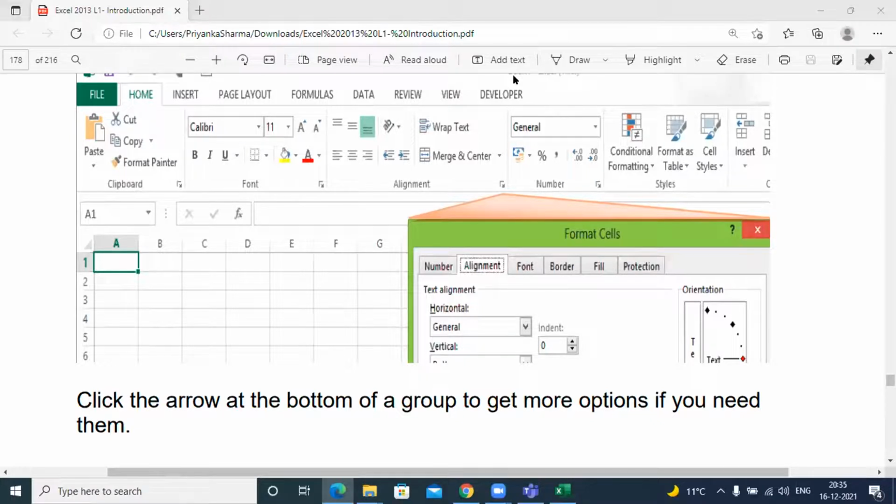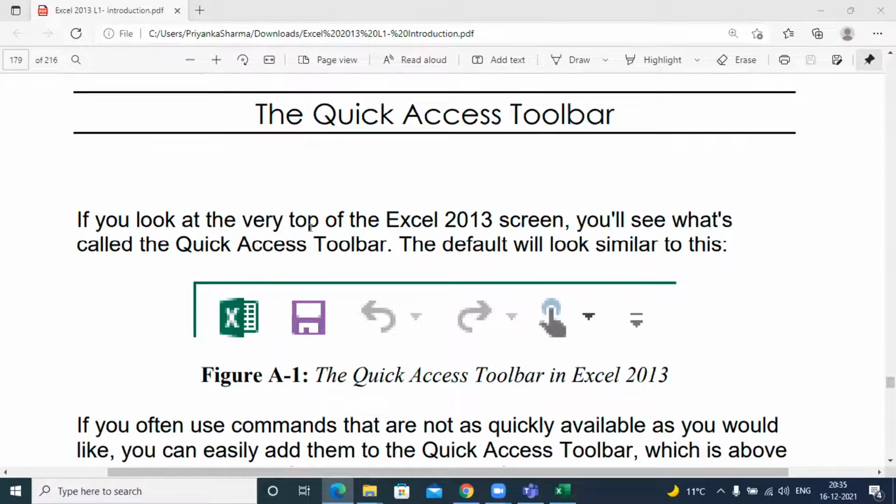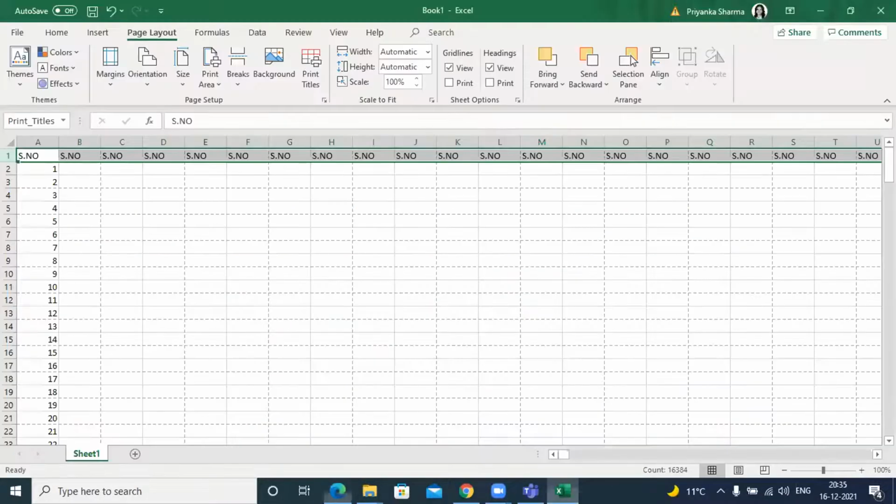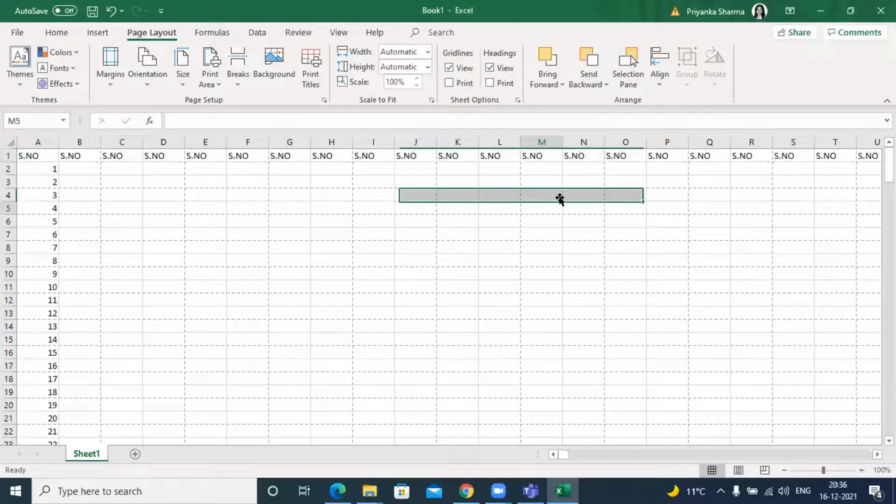Okay. The next very striking option that we have is the quick access toolbar. How many of us know what the quick access toolbar is and what is the benefit of it? Let's say there are some controls that you use a lot. This is a feature not only in Excel. This is a feature which is there in all the MS products for easy access. So let's say I use save a lot.